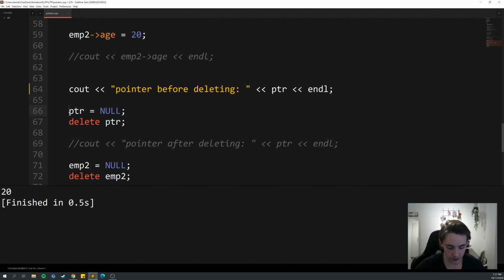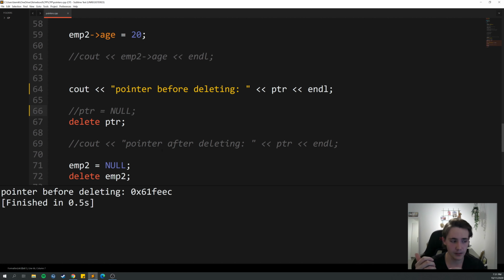So if we try to delete it without having this null here, we could do that, but then it will cause some leaks, because that pointer would still point to somewhere else in the memory, and we can't access that memory ever again in the program, because some pointer was pointing to that memory address and we just deleted it, so we can't access it again. So we need to assign it to a null pointer first,